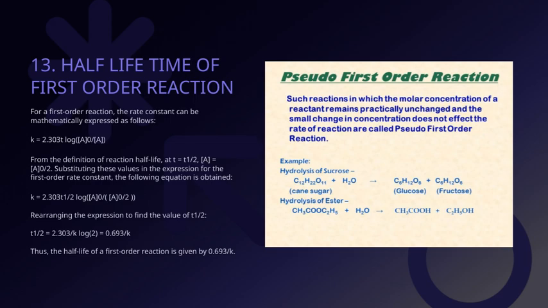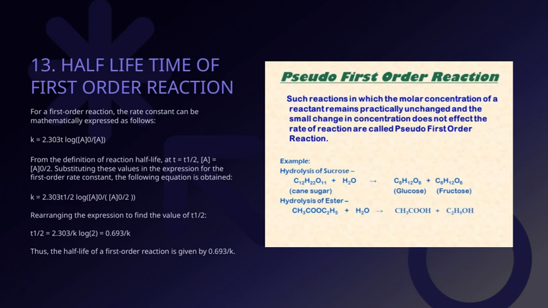0.693 divided by the rate constant, K. This means that the half-life is inversely proportional to the rate constant, so as the reaction speeds up, the half-life gets shorter. To put it another way, T1/2 equals 2.303 times the logarithm of 2, divided by K. This comes from the natural logarithm basis, and it's a handy way to relate the half-life directly